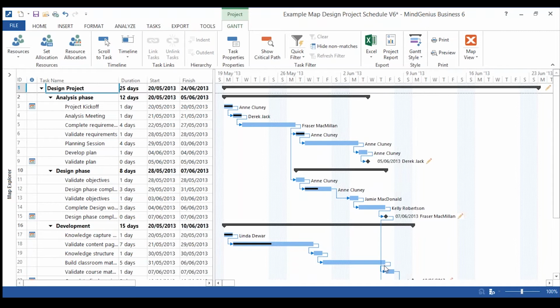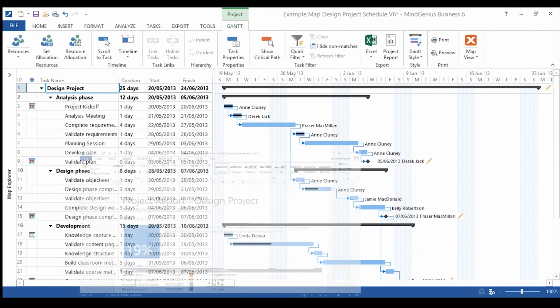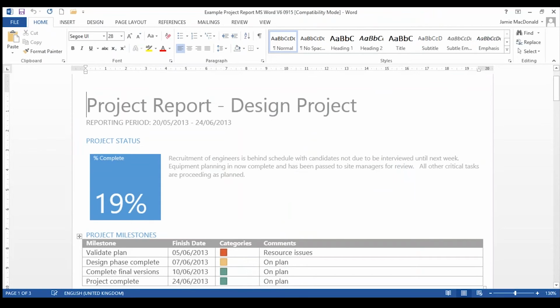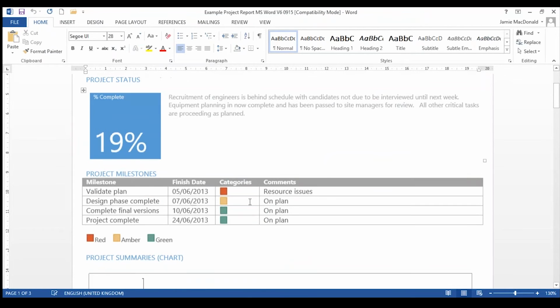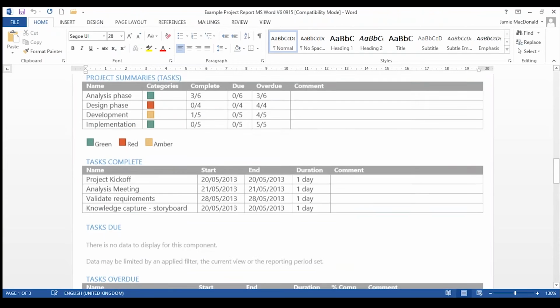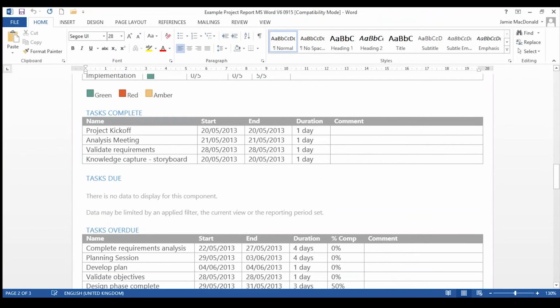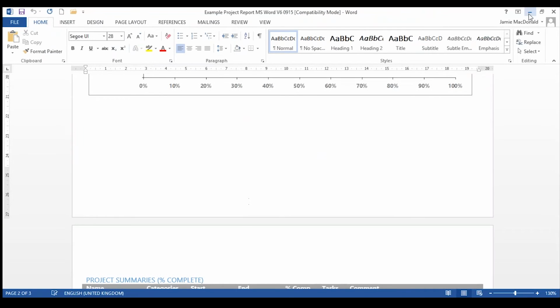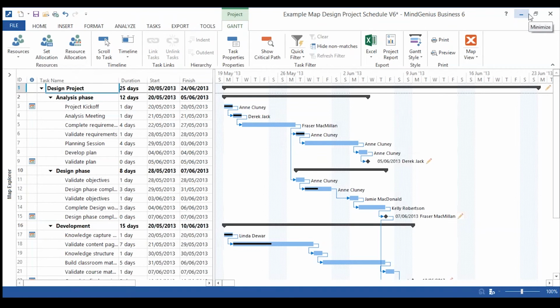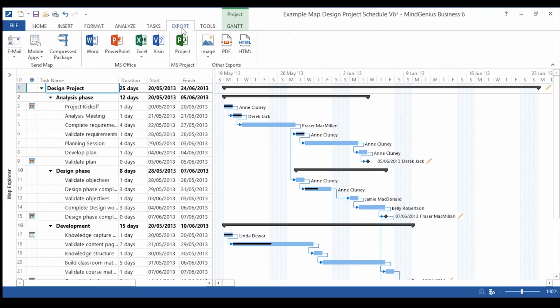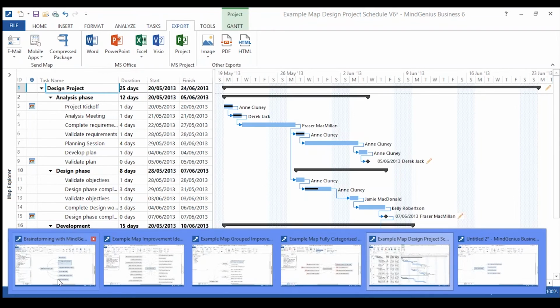And also an export to Word, to a highly professional, highly visual and extensive project report if you need to do that, and extrapolate all the data into a presentation format for ongoing sharing, communication and collaboration, ongoing management of a project. And also the ability to export any map into the MS Office suite of Word, PowerPoint, Excel, Project, and so on and so forth. Great creative front end to preparing presentations, authoring documents, and so on and so forth. So I hope very much that